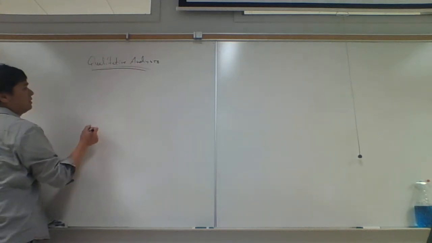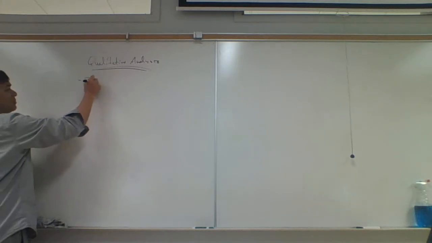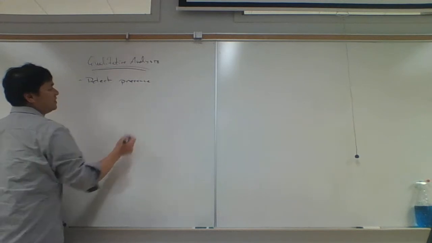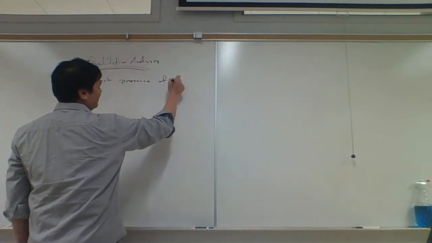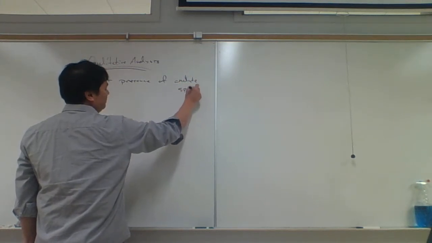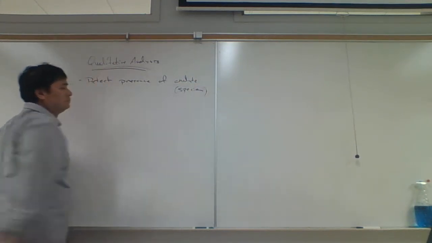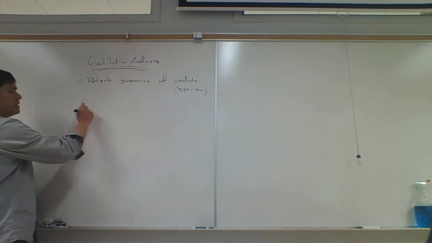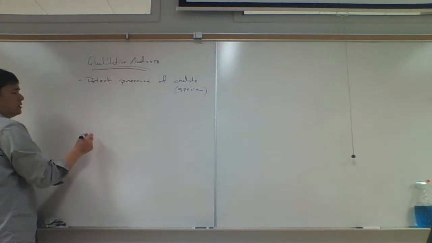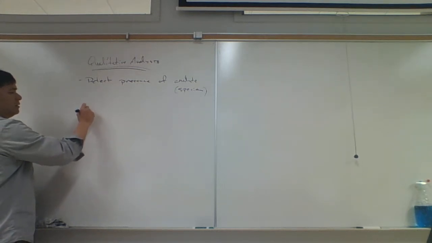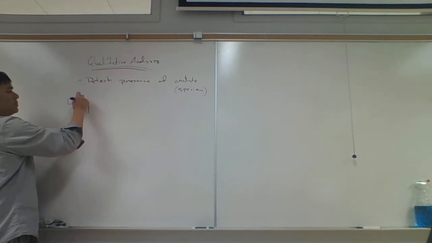And what qualitative analysis is, we're just trying to detect the presence of some analyte or species. And so what types of things are we going to look for? Well, we could look for lots of different things. In this particular lab, we're looking for cations and anions. And so there's going to be a finite list of things. We could have a whole bunch of different cations, but we're going to have 10